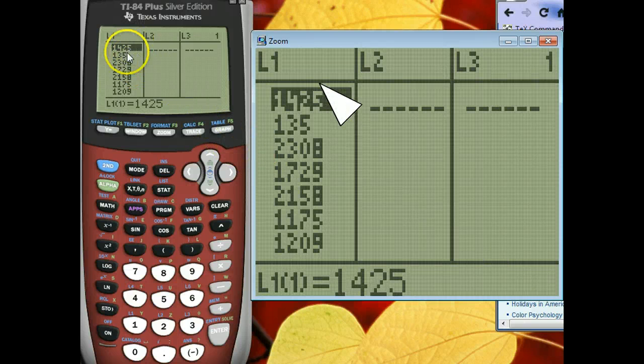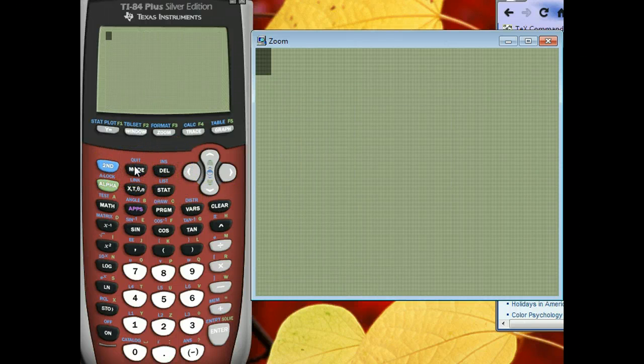Now, I'm going to sort this data in terms of size, but right now it's actually in time series order, and I might want to preserve that or use this data at some other time. So let me show you a way of storing this data to the side, so even if you erase L1, you can get at this data again. So go to the home screen, quit out of here, and let's put in L1,